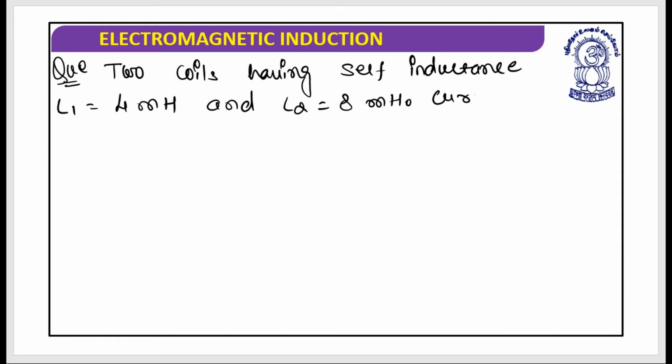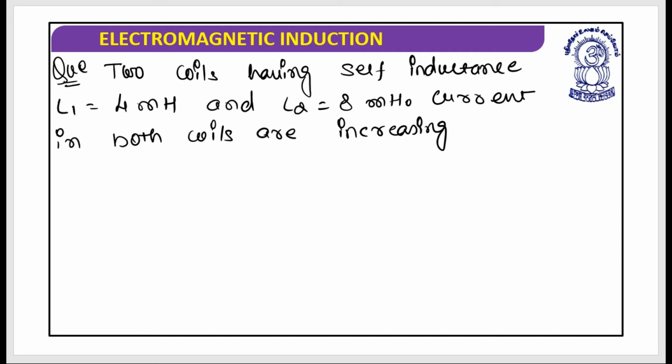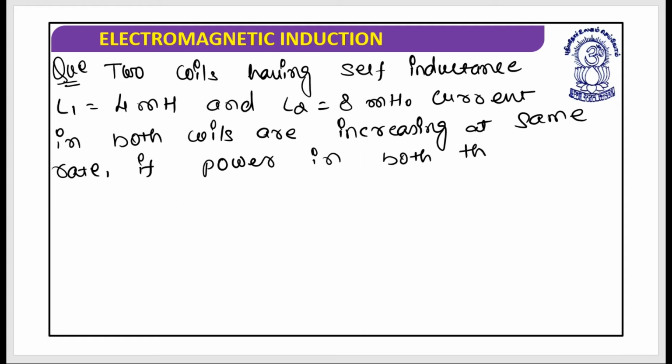Let's suppose the current in both the coils is increasing at the same rate. If the power in both the coils is the same, find